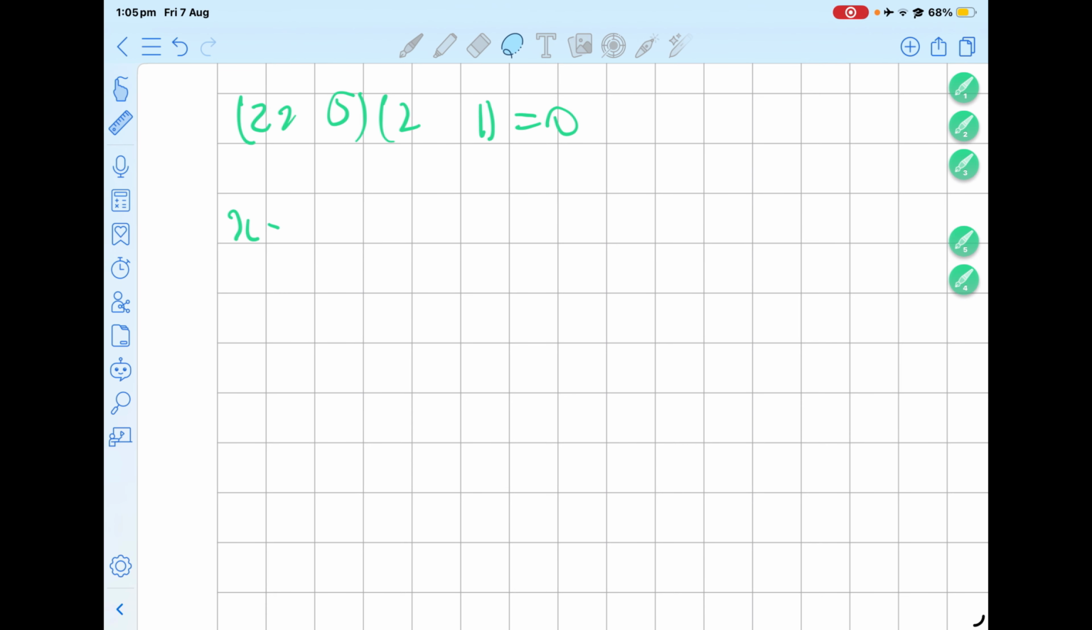So 2t plus 1, 2t minus this. So t equals 5 over 2, or t equals minus half. But t can't be minus half, so t is equal to 5 over 2 seconds. That's the only answer, because time literally cannot be negative, so that's why. Okay, then